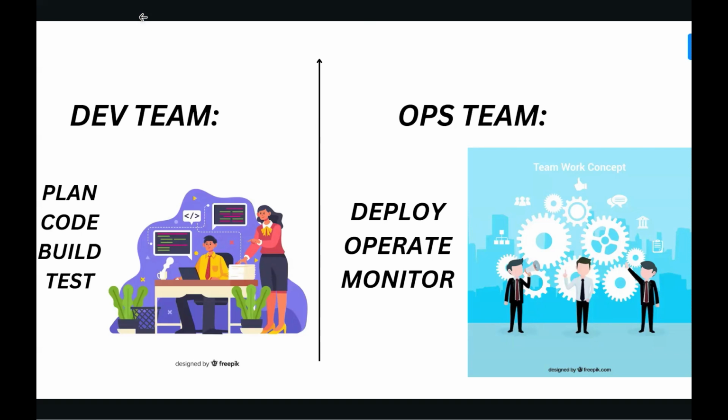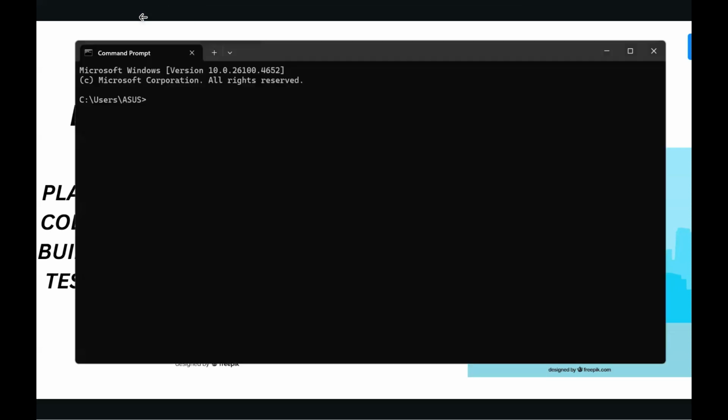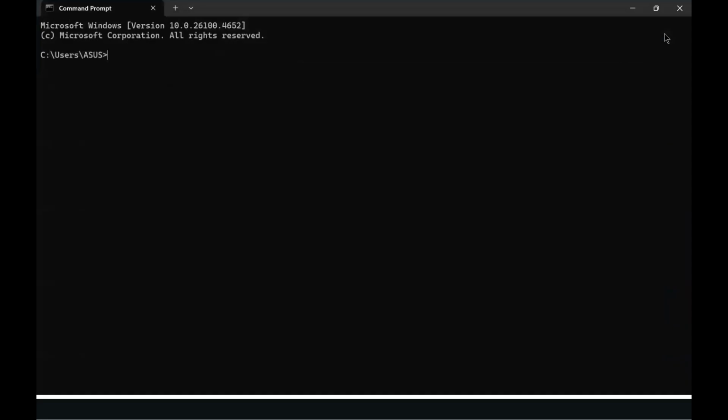So build up. See here, what is meant by build? Build is nothing but, let's say the development team has written the code in Java. When we see the Java code, we are able to read it, right? So this is a string loop.